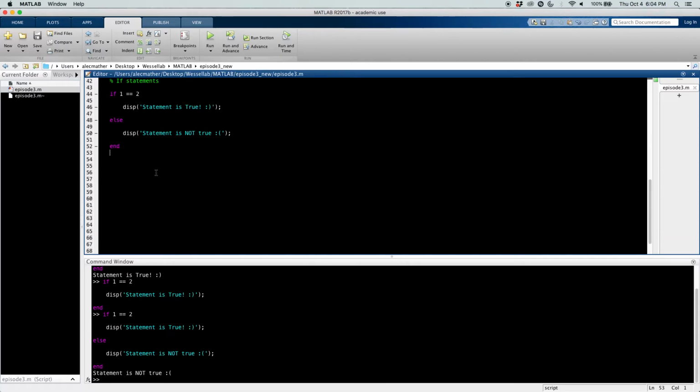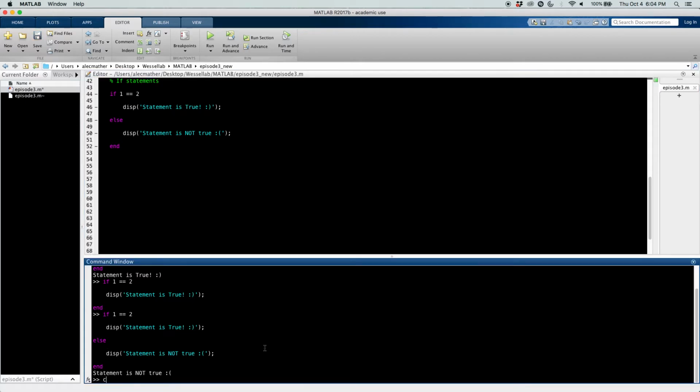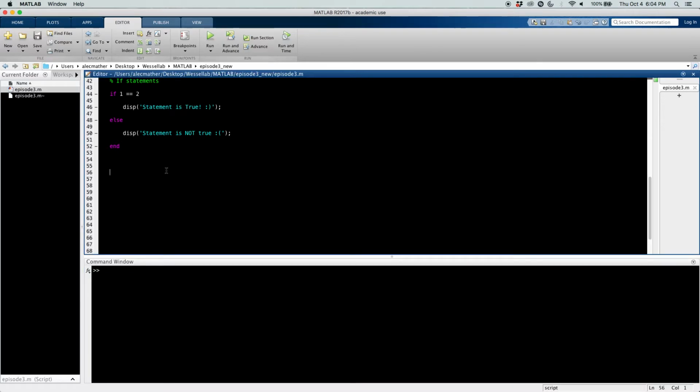So let's go down here and clean this up, and let's say var1 is equal to 5, var2 is equal to 10, and let's say if var1 is less than var2, then I want, well, let's make this a little bit more complicated. Let's give it a var3, and let's say var3 is 50, and let's say